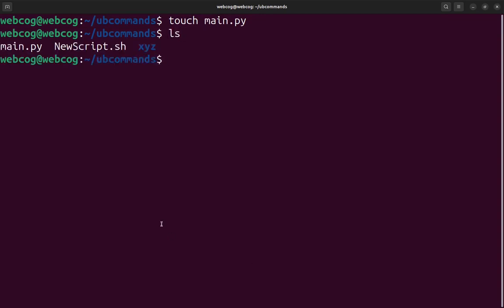Now you can see our main.py file has been created, and you can also edit this file. I mean, add new data here with the help of the terminal. But it's totally up to you. If you want to add data to your file with the help of the terminal, then you can use your terminal. But if you want to use your normal text editor, I mean the GUI variant of your editor, you can